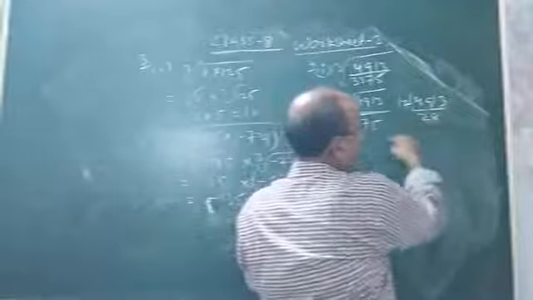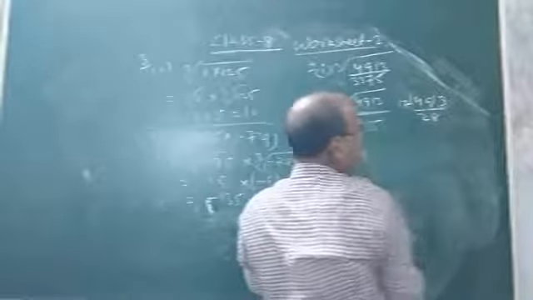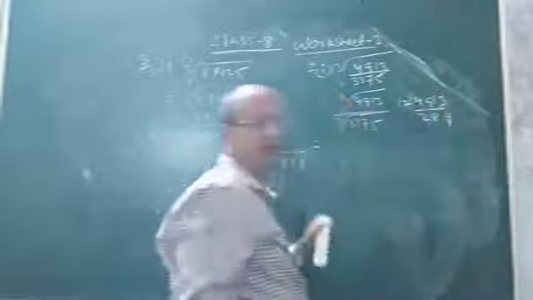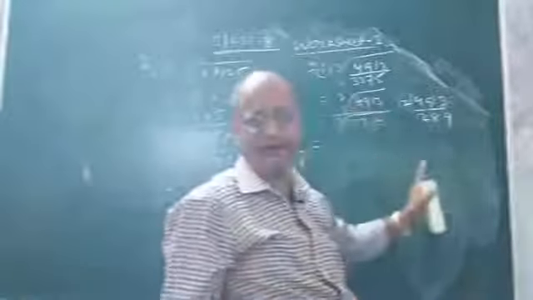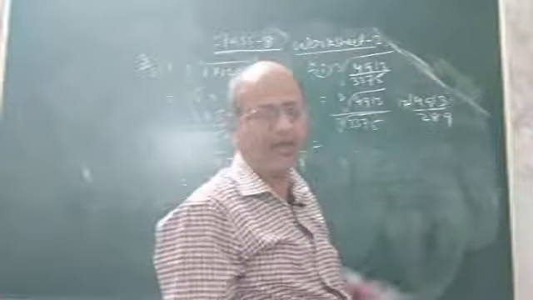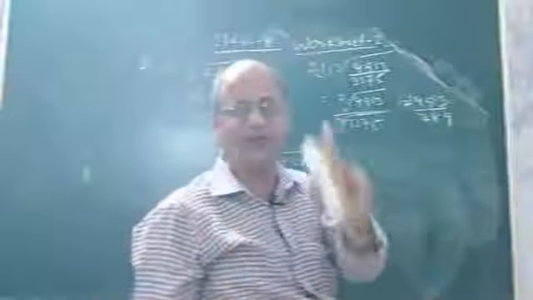Then how much will be left? 15 will be left, 153. You see, 289. If you divide this number by 17, the quotient will be 289. And again, 289 is only divisible by 17.